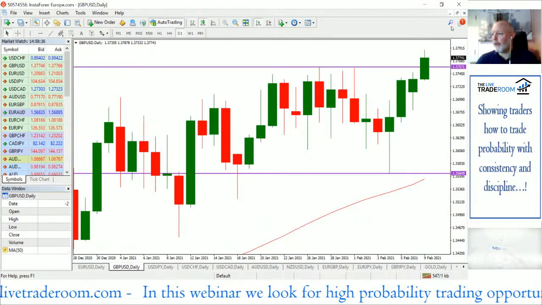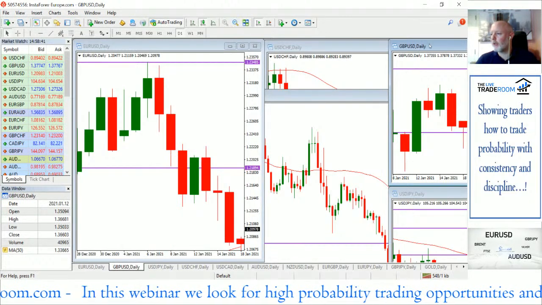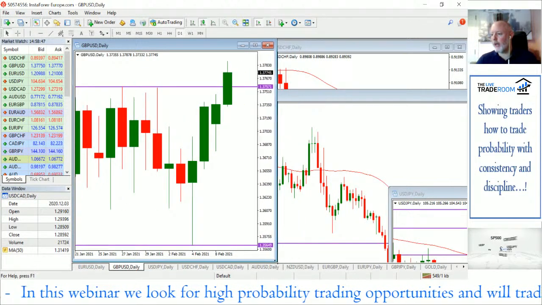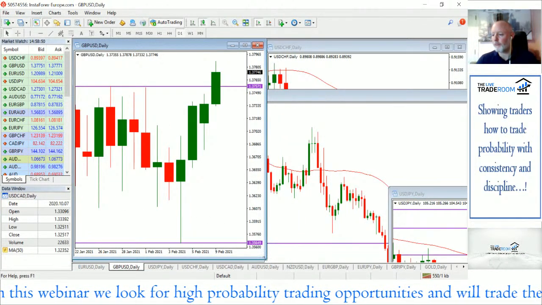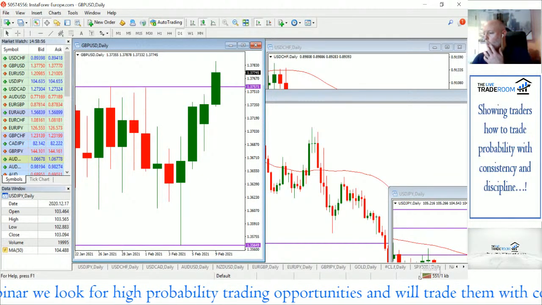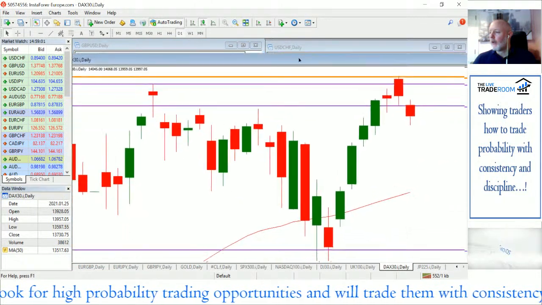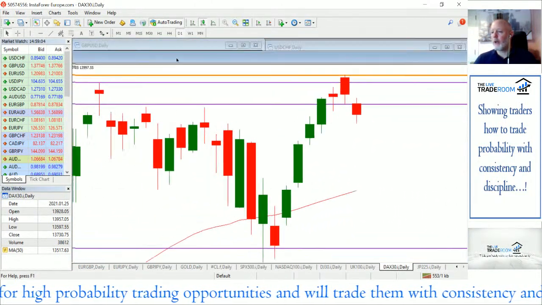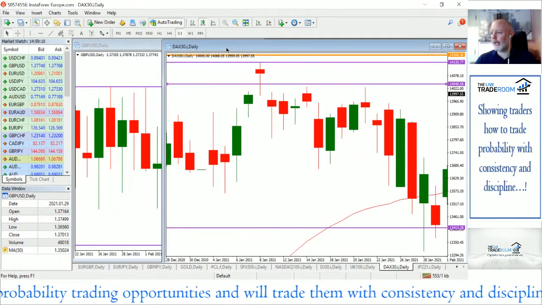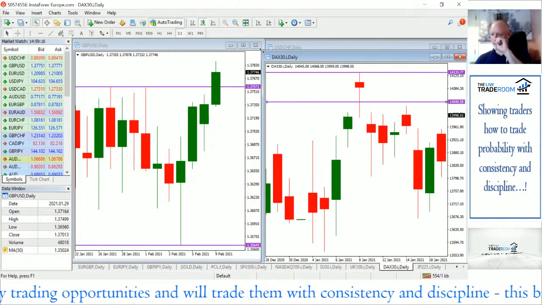So we are left really with a couple of opportunities here. The pound dollar to the upside, just going in line with this move higher. And the other market, quite strangely, is the DAX. So it's now just a case of whether we will get the price action that we need to get involved in this trade. But again, we'll go through that motion, and we are